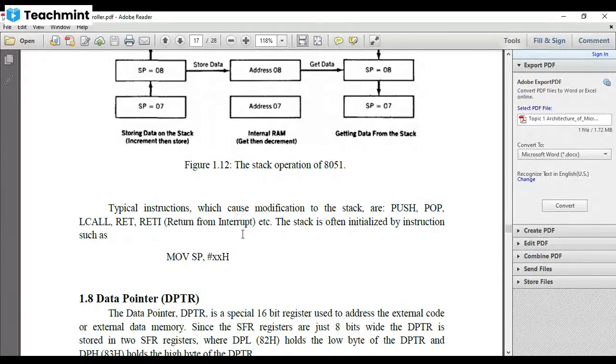Okay, so these instructions are used while accessing the stack pointer. म्हणजे जर तुम्हाला स्टॅक पॉइंटर जर ऍक्सेस करायचा असेल तर तुम्हाला ह्या इन्स्ट्रक्शन्स वापराव्या लागतात. पुश, पॉप, कॉल, लॉंग कॉल, रिटर्न अँड रिटर्न इंटरप्ट. ओके,